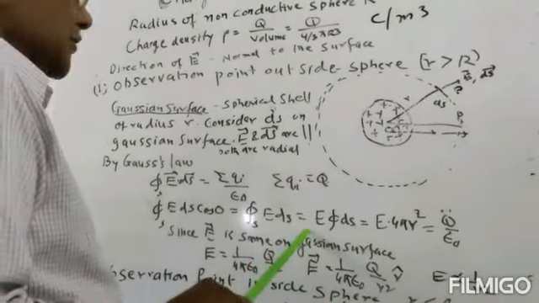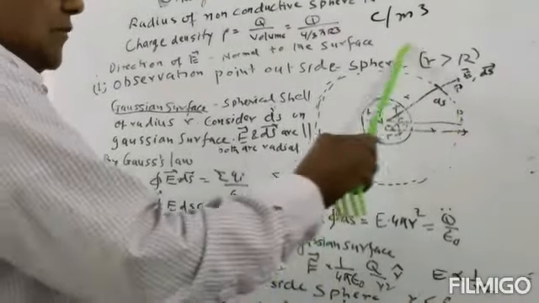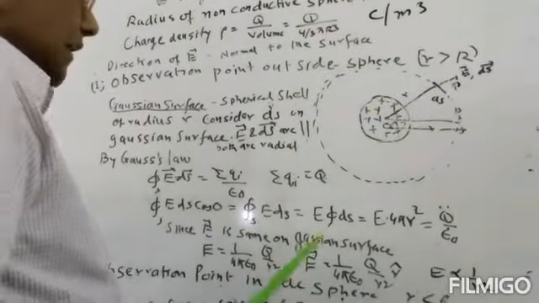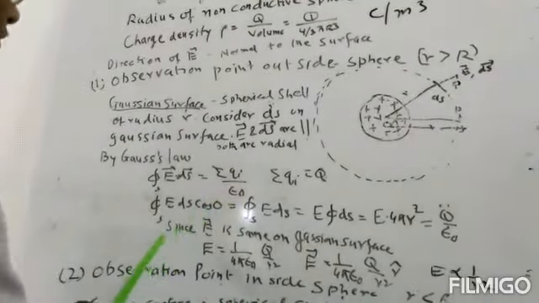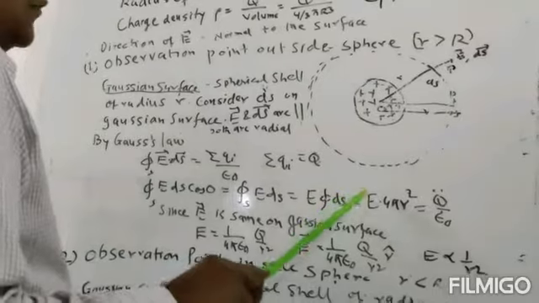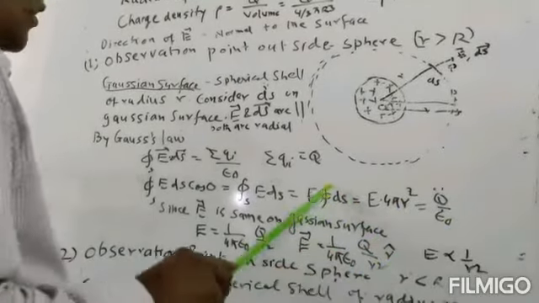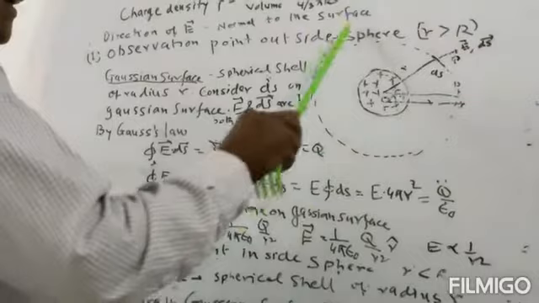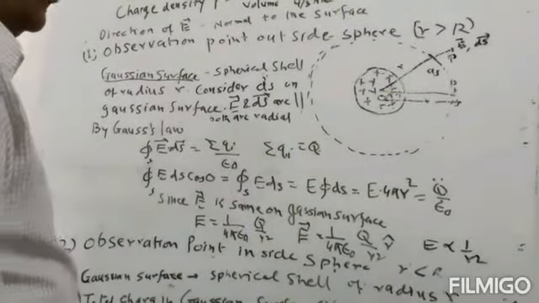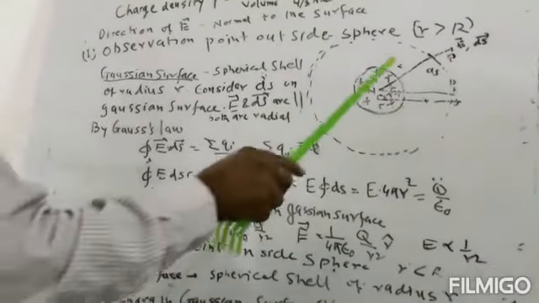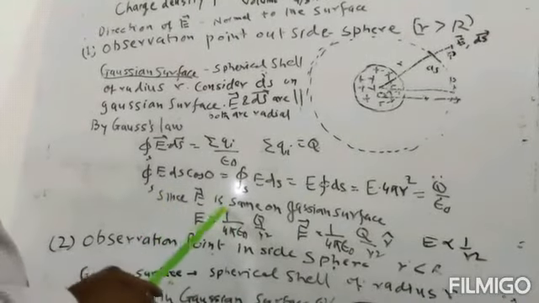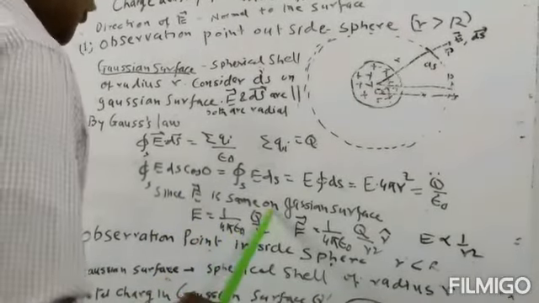And since E is constant, the magnitude of E is constant on the Gaussian surface, so we can take it outside the integral. So E surface integral ds will be equal to q by epsilon 0. Now the total surface integral of ds will be the total surface area of the Gaussian surface, and that will be equal to 4 pi small r square. So electrical field will be equal to 1 by 4 pi epsilon 0 q by small r